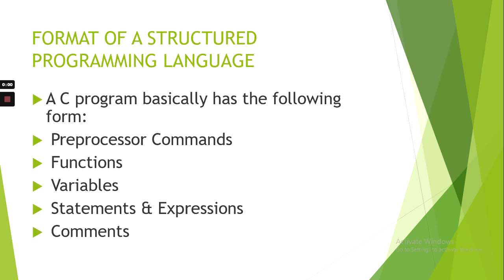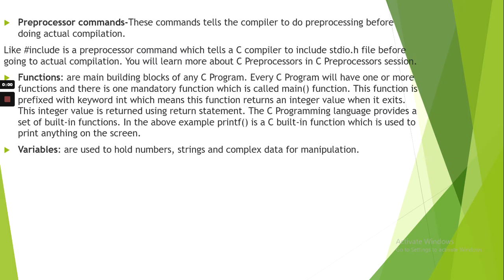So a C program normally has the following formats. It normally has preprocessor commands or preprocessor directives. It normally has functions. It normally has variables. It normally has statements and expressions and comments. So for example, in the syntax that we saw on the first slide, we were able to see